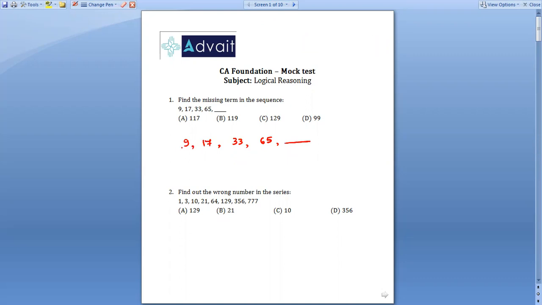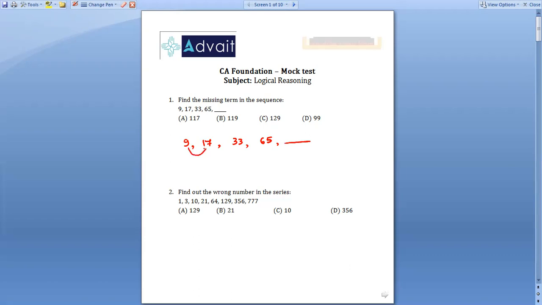And as we have already discussed earlier, whenever the numbers of a sequence gradually increase, it's an additive sequence, right? If the numbers of the sequence drastically increase, it's a multiplicative sequence. And if it gradually increases, it's an additive sequence. And this seems to be an additive sequence. So let's try to find out the difference between the terms of the sequence.